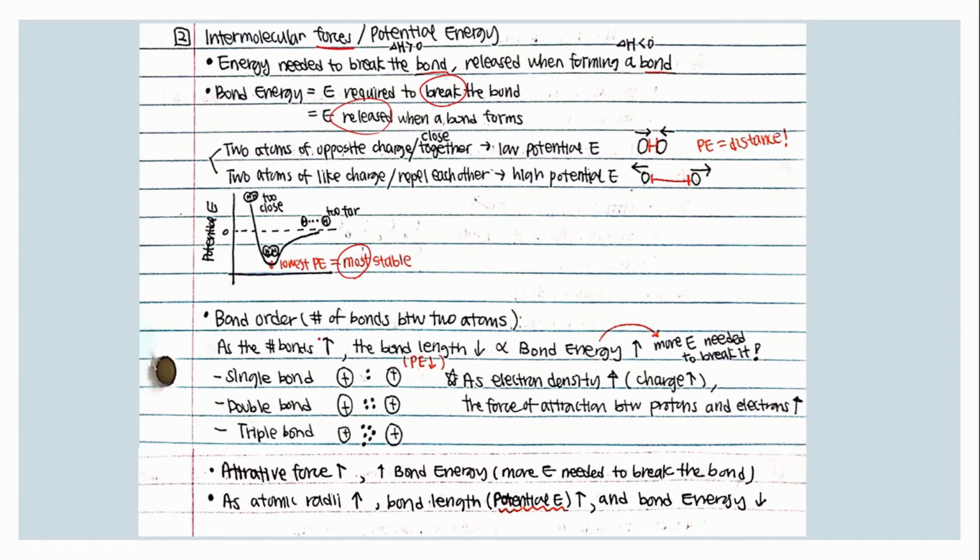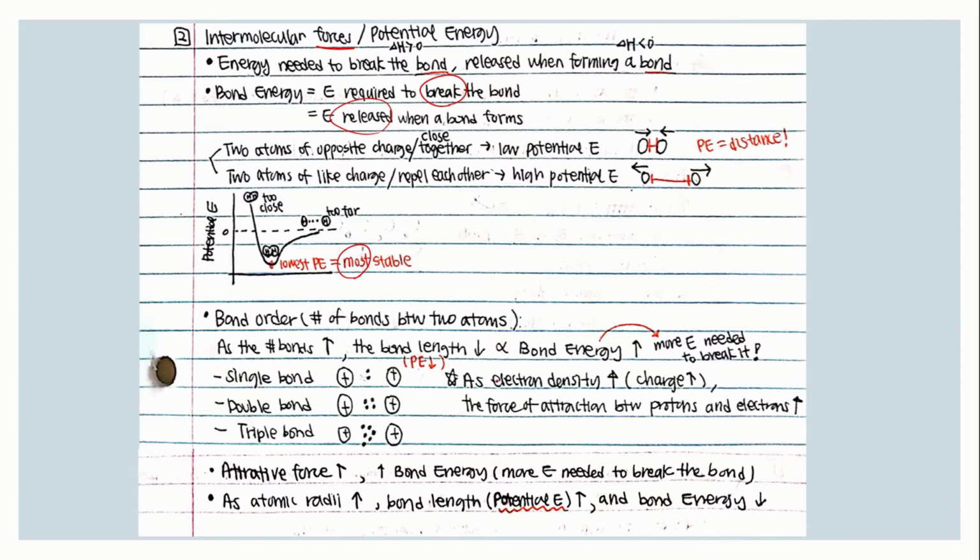Bond order is the number of bonds between two atoms. As the number of bonds increases, the bond length decreases because attraction between the atoms will be stronger, and they will attract each other more strongly, which would make the bond length smaller. As you can see, in a single bond there will be 2 electrons, but in double bonds there will be 4 electrons, and in triple bonds there will be 6 electrons. So the attraction will get stronger and stronger as you go down, and the bond length or the potential energy